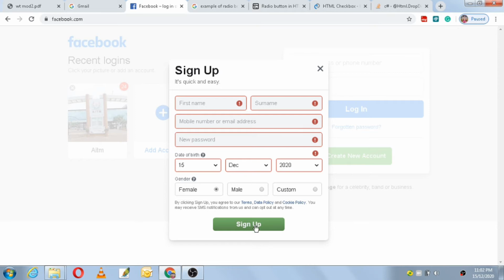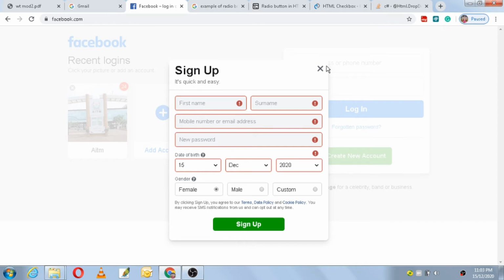So once you press on sign up, the entire details are taken and processing is done at the Facebook server. What they do is, by taking all your details, they'll create a Facebook page for you. And what will be the output of all this processing? A page will be created, or a Facebook account will be created for you.